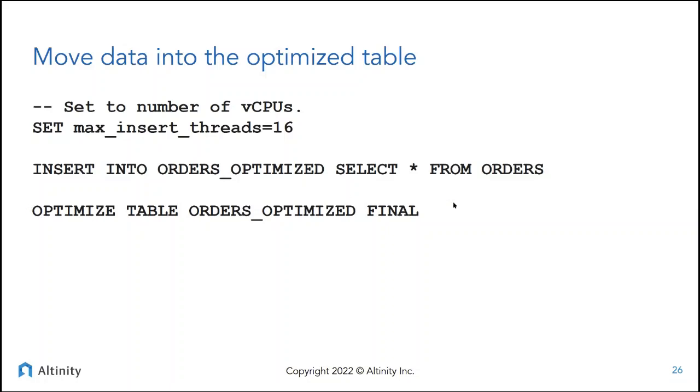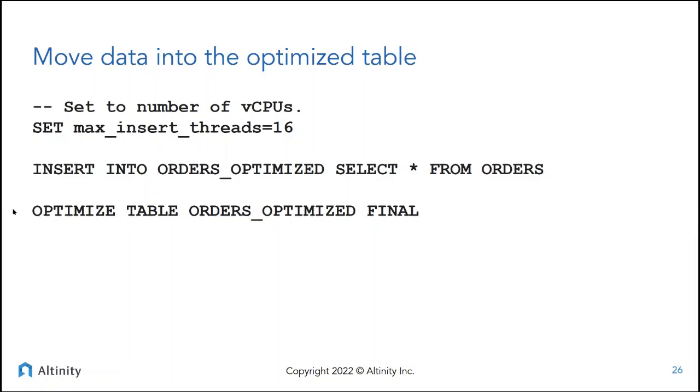And then what I'm going to run here is this. You don't have to do this, but ClickHouse has a command called optimize table. And what that does, with the final keyword, is force all the parts that get generated to be merged so that they're at what ClickHouse considers to be an optimum size. This is useful to do if you're trying to test whether you've got the performance right on the table without having to wait for ClickHouse to merge all the data for you. Because it'll merge over time, but this will force it to happen right away.